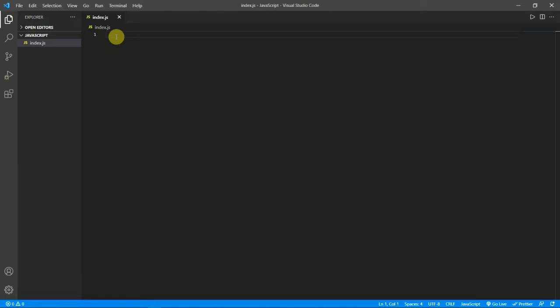So let's see how we can create a function and then call the function in JavaScript. The basic syntax goes like: function, and then the name, and then the parameters, and inside braces you can give the statements. I'll be giving the name sum, and in parameters I'll give a and b.